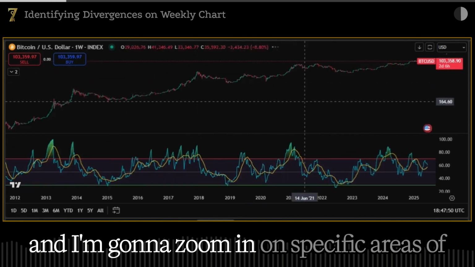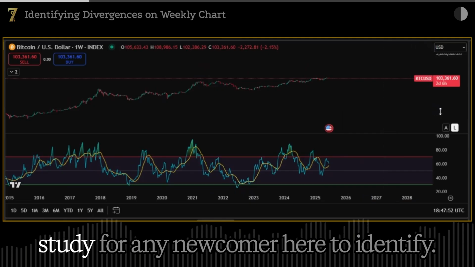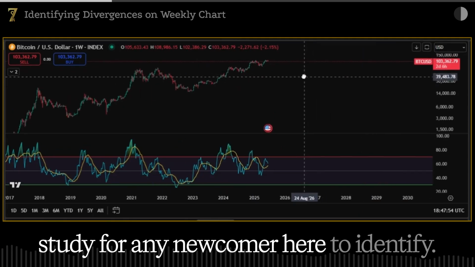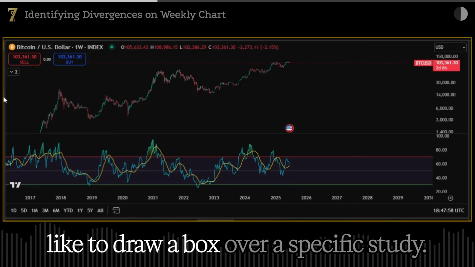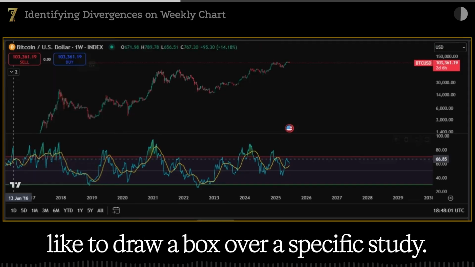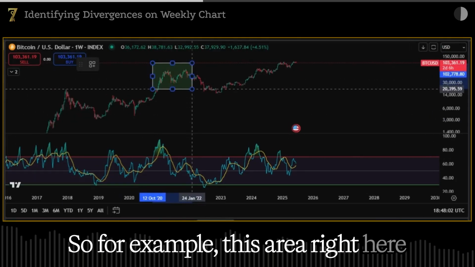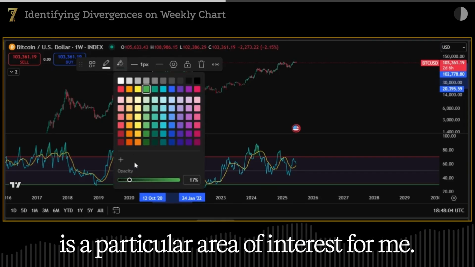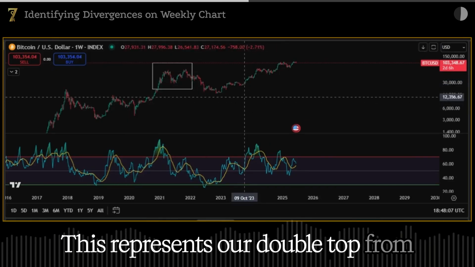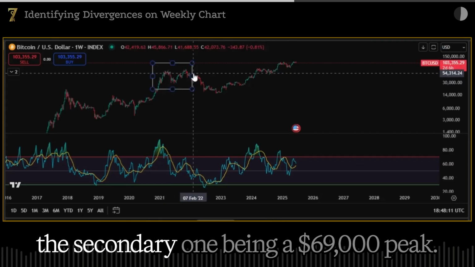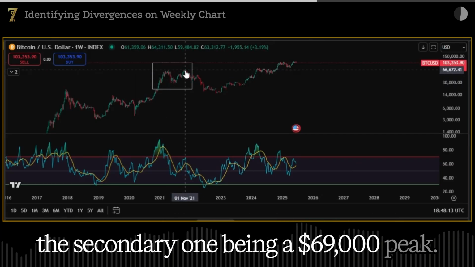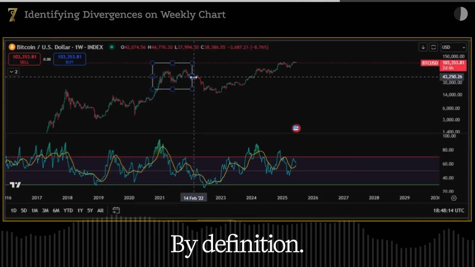And I'm going to zoom in on specific areas of study for any newcomer here to identify. Now, one thing that I like to do, I always like to draw a box over a specific study. So for example, this area right here is a particular area of interest for me. This represents our double top from 2021, this being our $65,000 peak and the secondary one being a $69,000 peak. By definition,